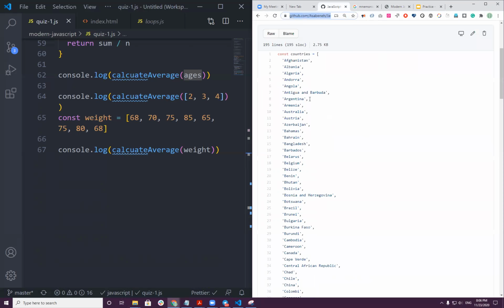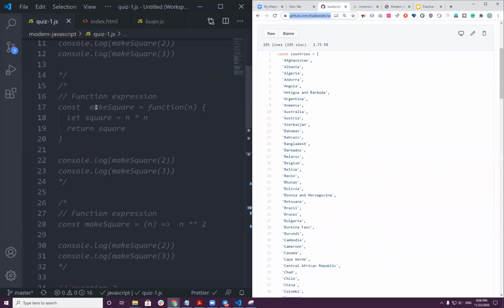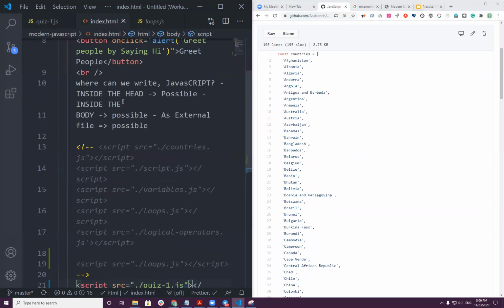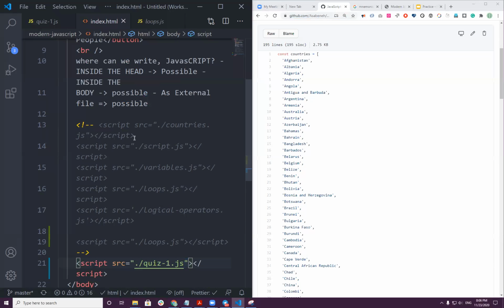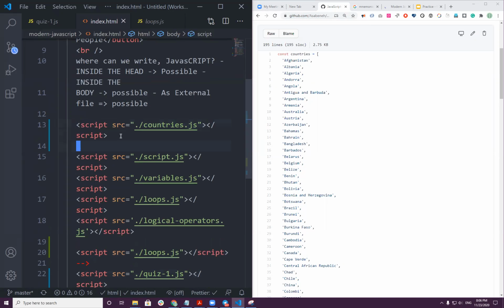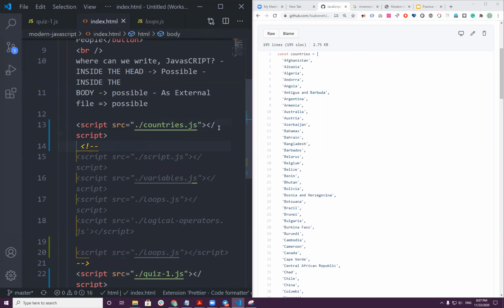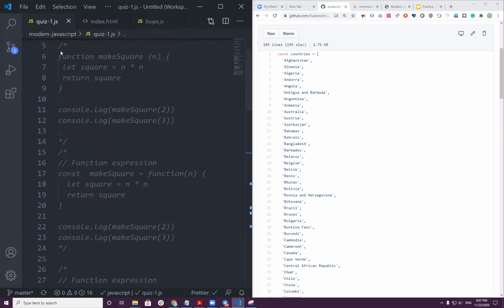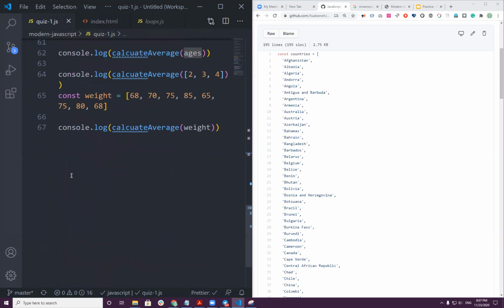JavaScript. What we should do, actually, I have to turn on this part of the line. I need this because I have to first access the countries.